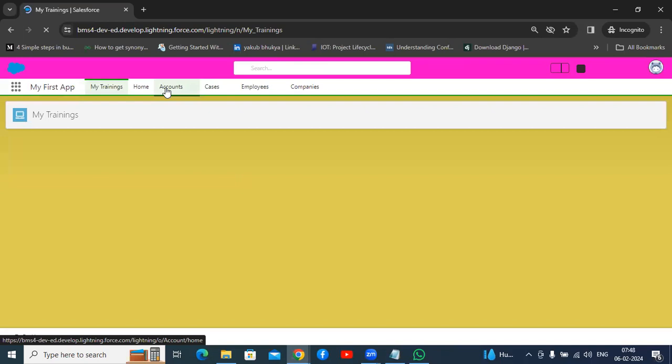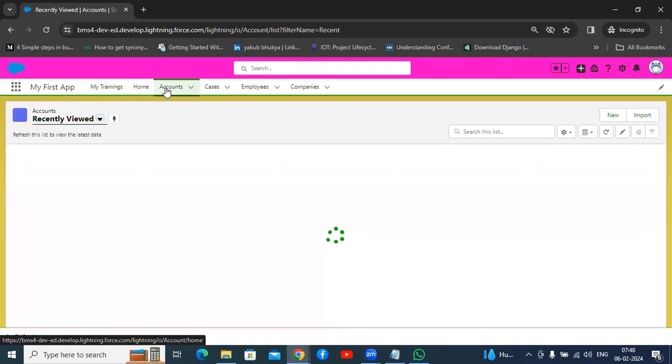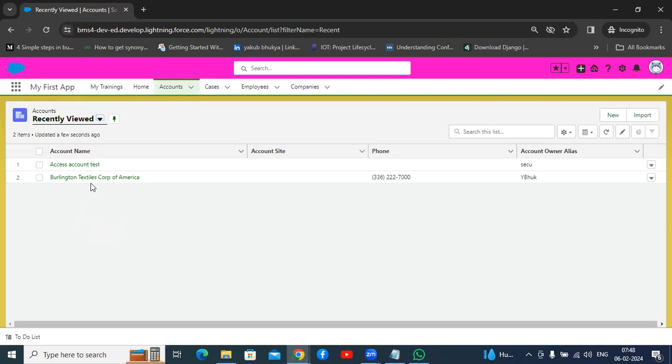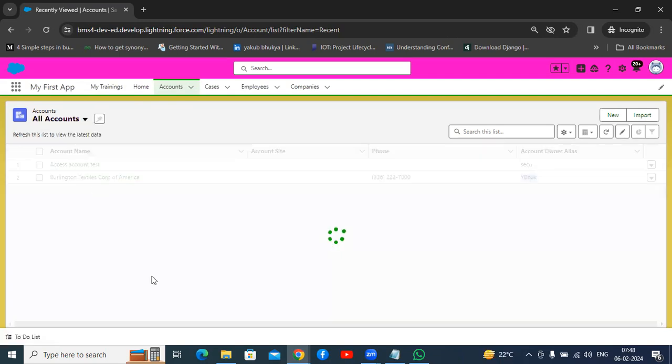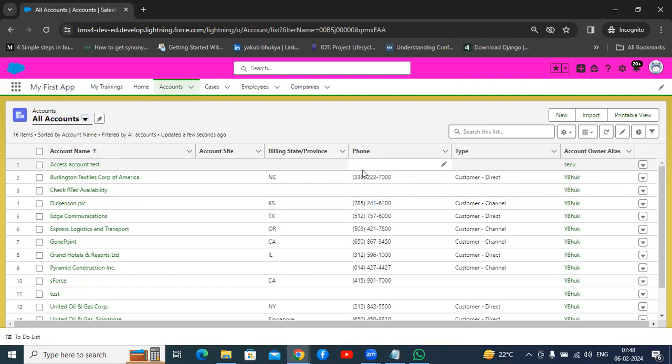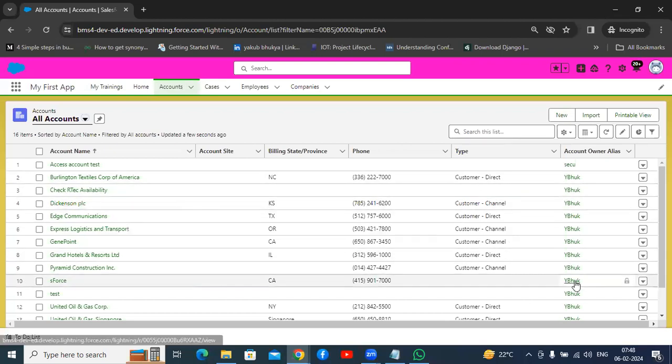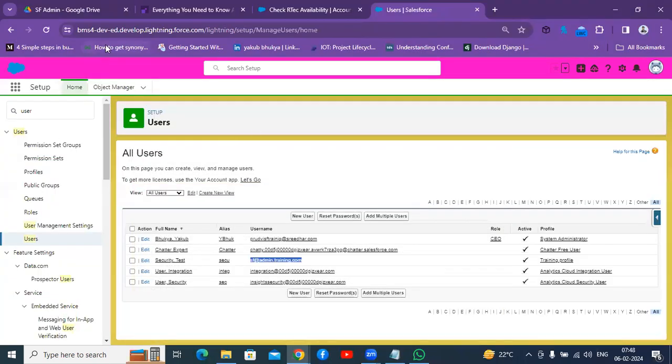So now if you go to accounts records, I'll go to all records. Now you can see here itself, I am able to see records owned by Yakub also. But if we have OWD as private, we should not be able to access others' records, right? Because of adding the user in a public group, we are providing access via sharing settings. You can see all the records owned by Yakub also here. Why? Because we have provided access from a sharing rule.